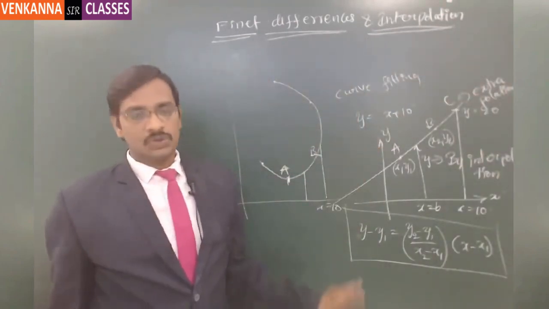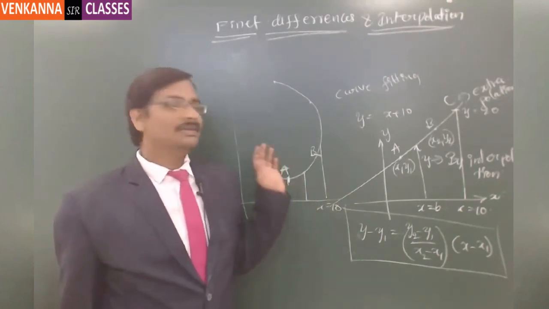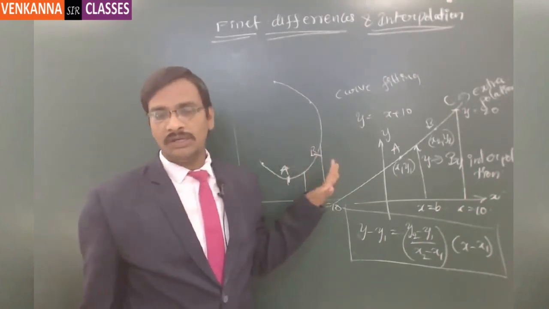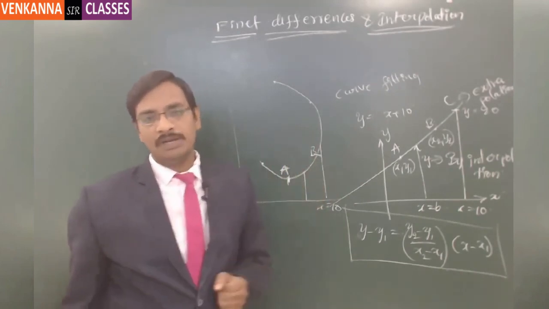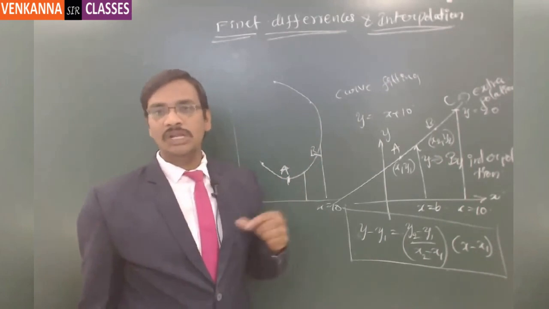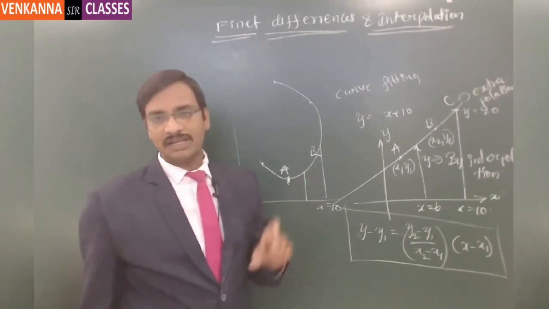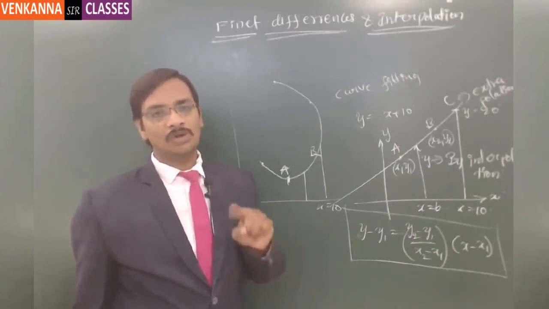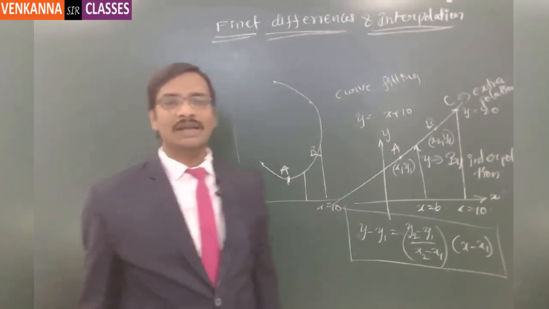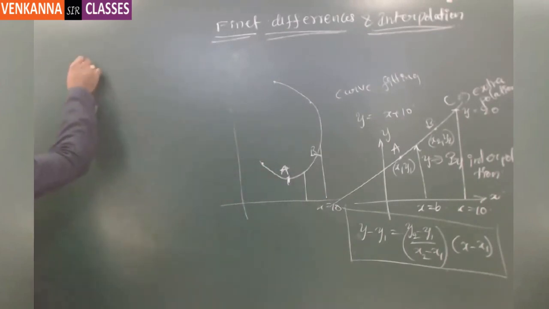Got it? So with the help of the tabulated data, without knowing the relation whether it is linear or non-linear, if you know a set of tabulated data, the process of finding out the value in between the range that was asked, or the value which is outside the range, that's what we call interpolation. Got it? So interpolation